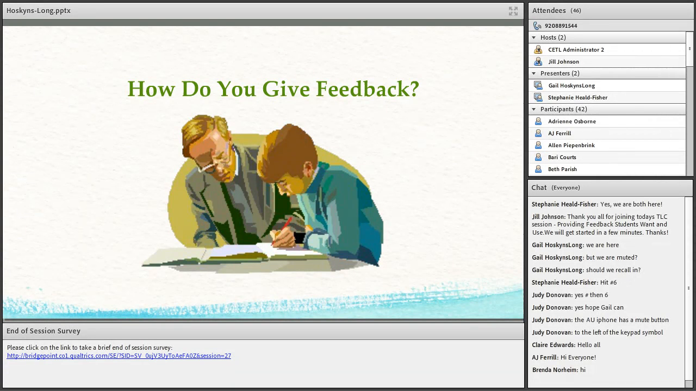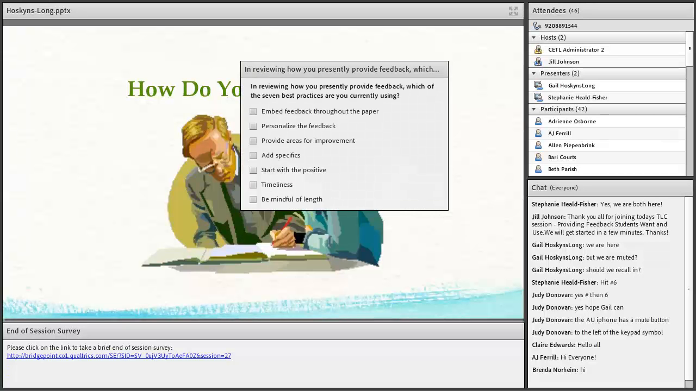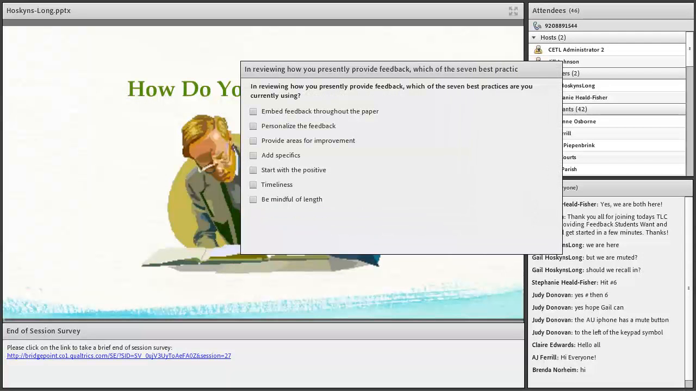Before we get into the 7 best practices, though, we'd like you to take a moment and think about how you give feedback. If you could, kind of jot down somewhere the types of,